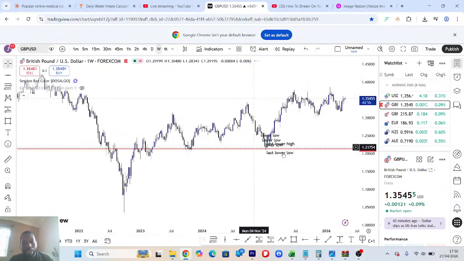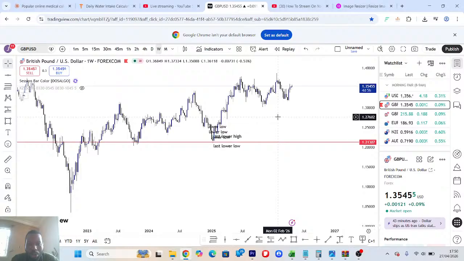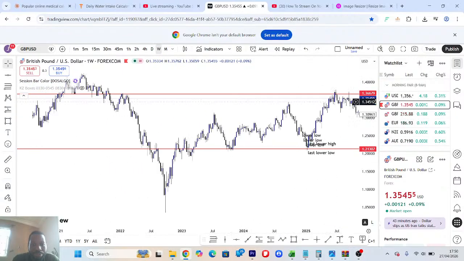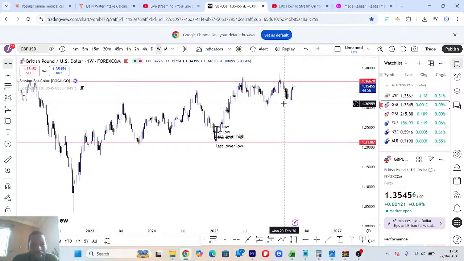That is what it's all about. Then again, you are seeing something like this. All you need to do is just come and add. So this is it. What are we expecting? We're expecting price to actually come here, touch this level, and finally go down. But again, you must wait for price to form a change of character.